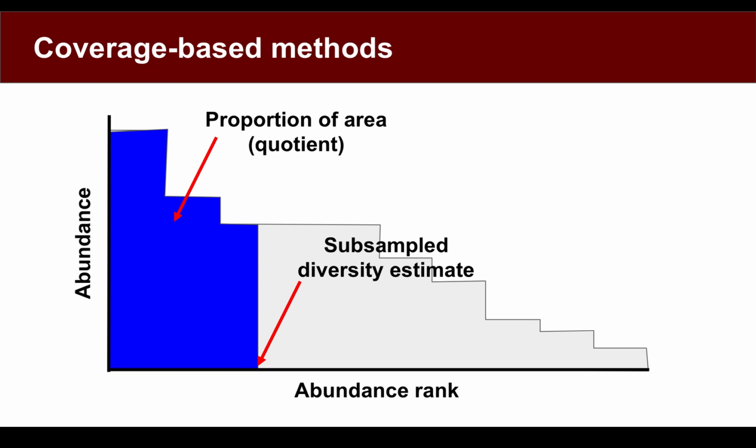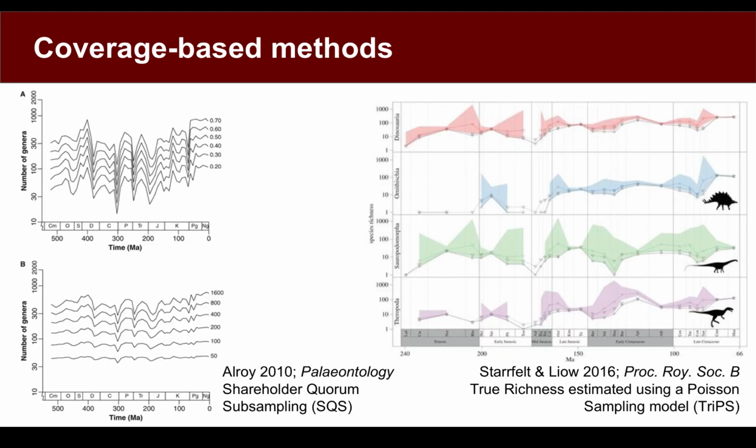So the proportion of that area could be, for example, 40%, that you would call a quotient of 0.4. And you'd go from left to right, and then you would read off from the bottom a subsample diversity estimate. So importantly, this is going to be a relative estimate, and it will also oftentimes not be an integer, which can be a bit non-intuitive for people. So in this case you might get a diversity of, say, 2.53 estimated in terms of richness. And of course, you can vary that quotient along the way. So that's a simplification of how coverage-based methods work.